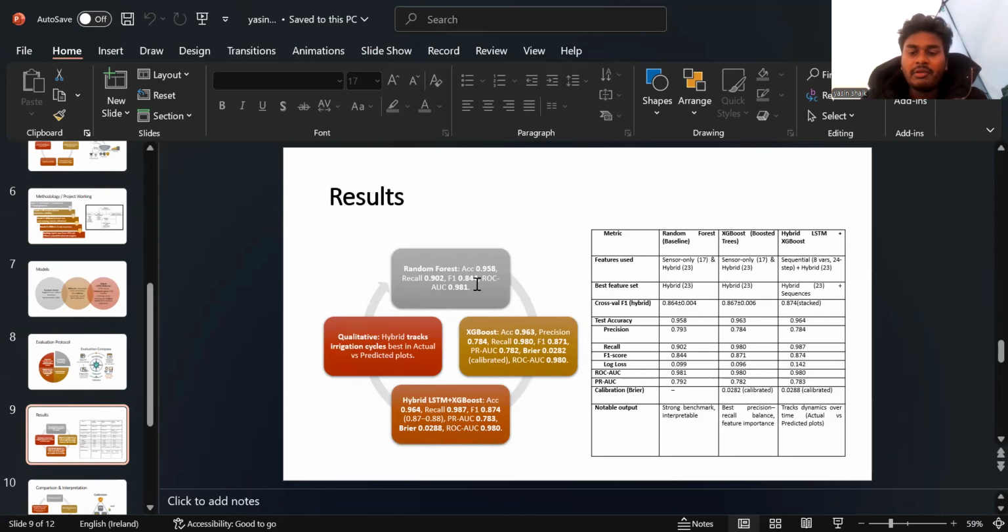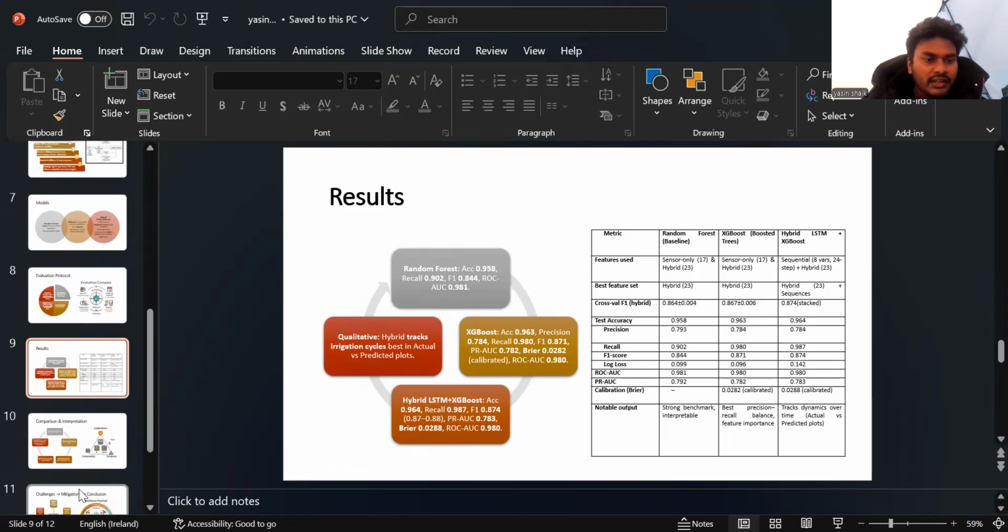XGBoost pushes tabular performance further: accuracy 0.939, precision 0.984, recall 0.980, F1 0.871, PR AUC 0.782, with better calibrated probabilities and a Brier score of 0.0282. Our hybrid LSTM plus XGBoost has accuracy 0.964 and recall